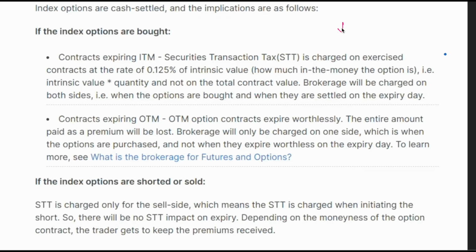Now the next important thing as an option buyer is you plan your exit accordingly. Do not hold your position until 3 o'clock, especially when you have chosen in the money strike price. On the expiry days, in the money strike price, many people would have exited. At the money, out of the money strike price, only their people will be available.